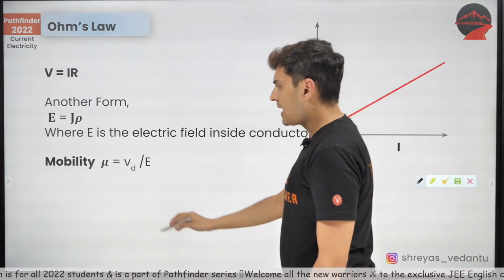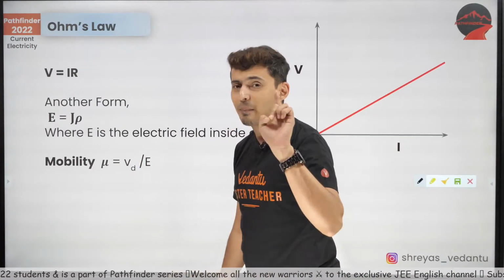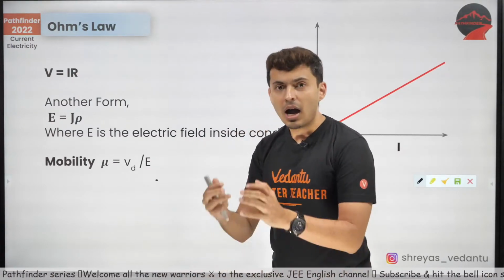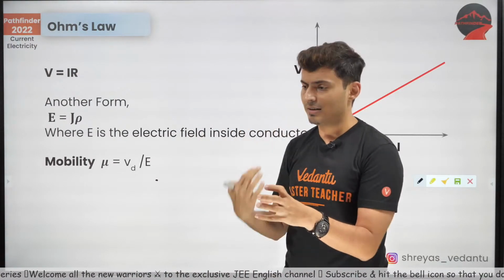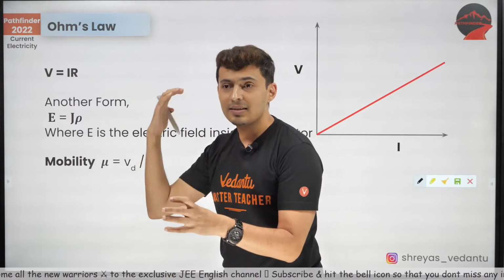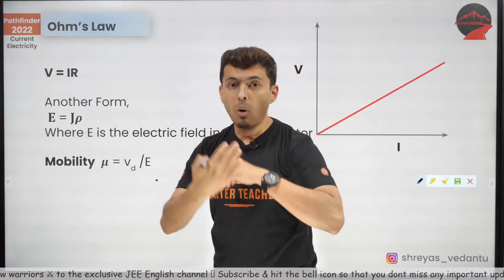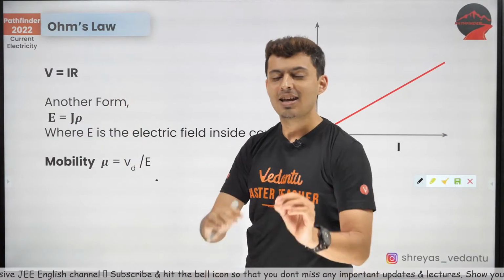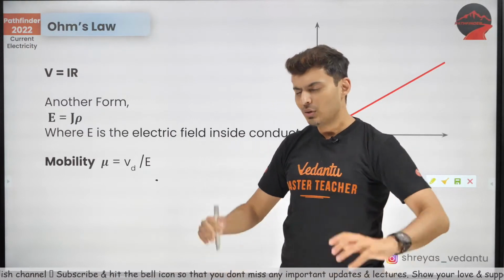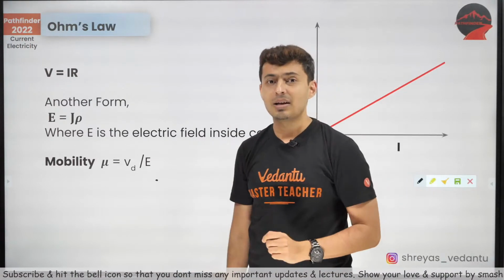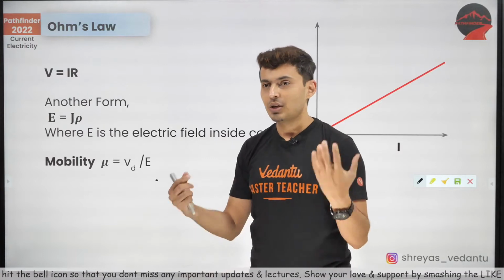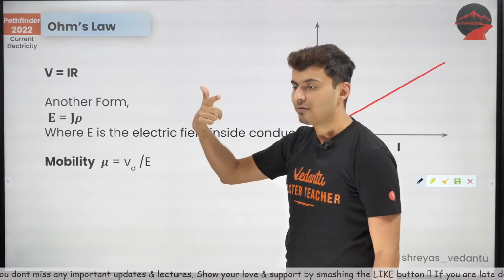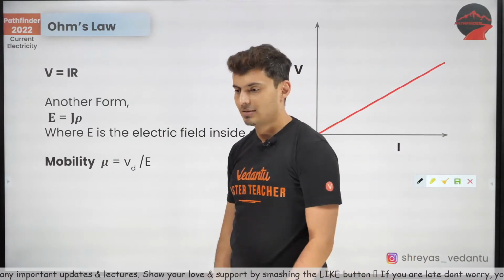Also, sometimes they can ask you a term called mobility, how mobile they are. So for a given electric field, how much is the speed of the electrons? More mobile, more the speed. The electrons are happy, they are moving with very high speeds. So that's greater mobility. You need very less field to achieve that speed. That means you have greater mobility. So mobility mu is Vd divided by E. I hope that makes sense.